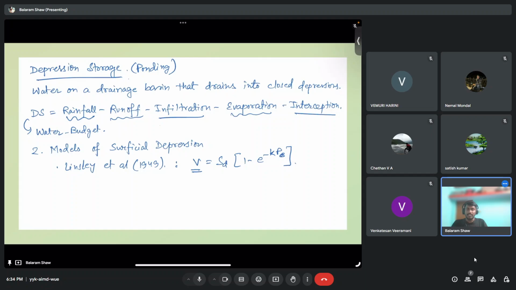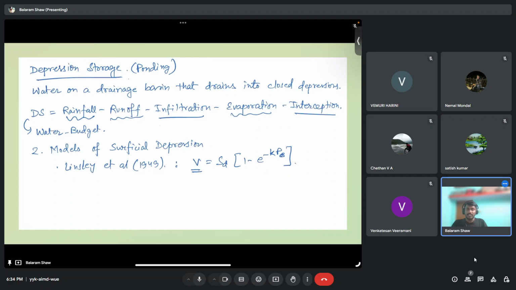So what I was asking is, if there is a very large precipitation excess, this means PE is very high. This means e to the power minus infinity. So what will be the value for that? It will be 0. So V will be very near to SD, right? And SD is the maximum depression storage capacity. Physically also, if a lot of precipitation excess is there, the whole depression storage will fill, right? So if precipitation excess is very large, then the volume of the depression storage will be at its peak, equal to SD.